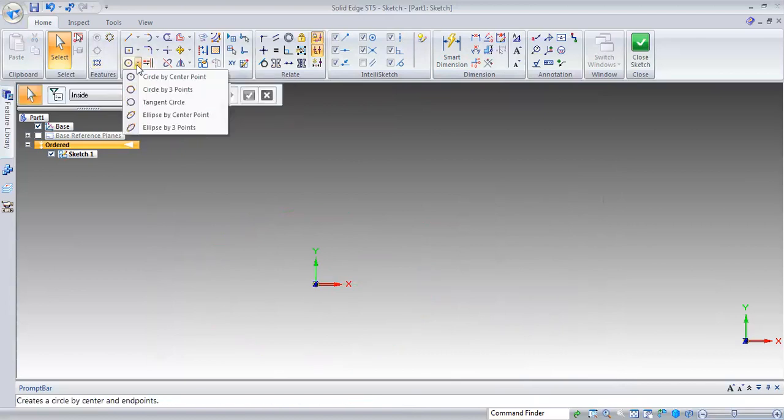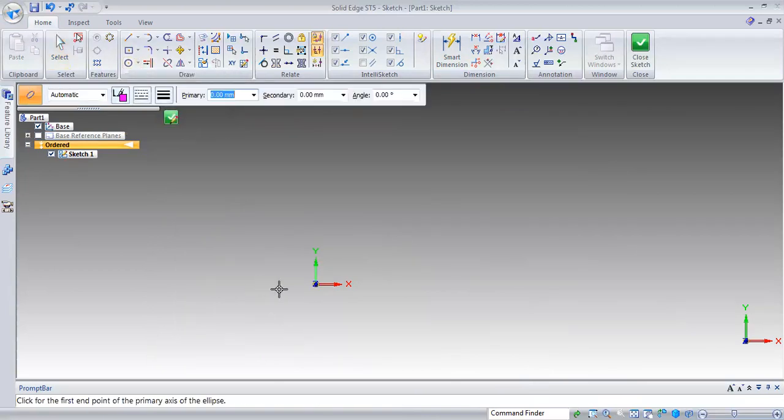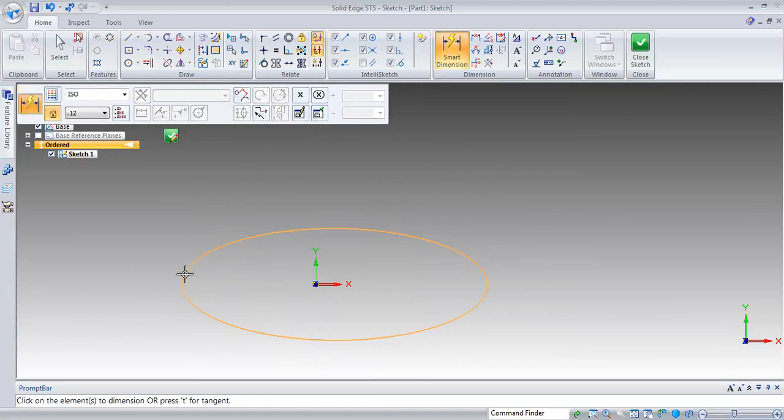Next, one more feature, ellipse by 3 points. First, click for the first end point of the primary axis. Again, go for the dimensions.